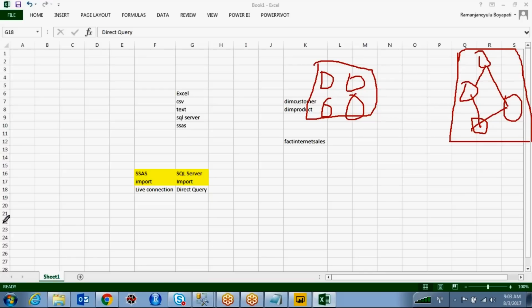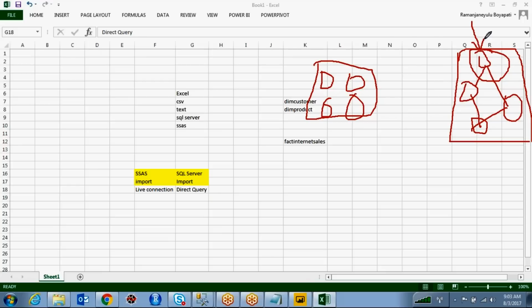And if you want to create calculated columns or define measures, yes, you can create measures in the tables. This is nothing but modeling: how you are going to make the relationships, how you are going to create the calculated columns. That is modeling, right?